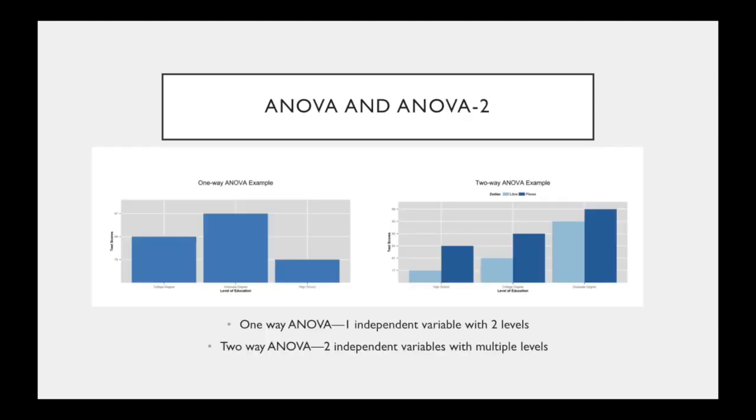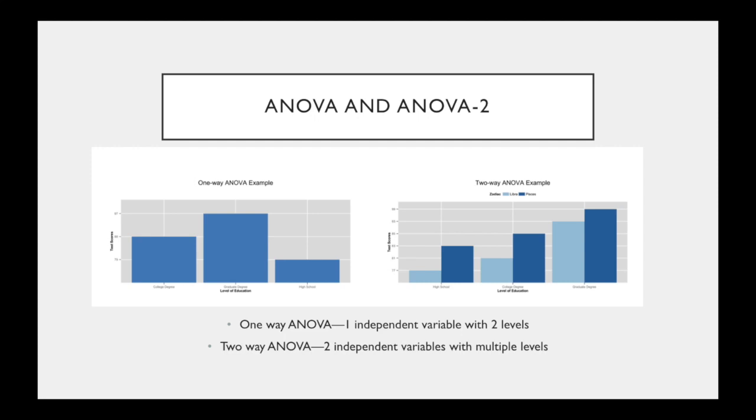The one-way ANOVA test consists of one independent variable with two levels. It compares levels of a single factor based on a single continuous response variable. The two-way ANOVA consists of two independent variables with multiple levels. It is basically like the ANOVA, except it compares levels of two or more factors for mean differences on a